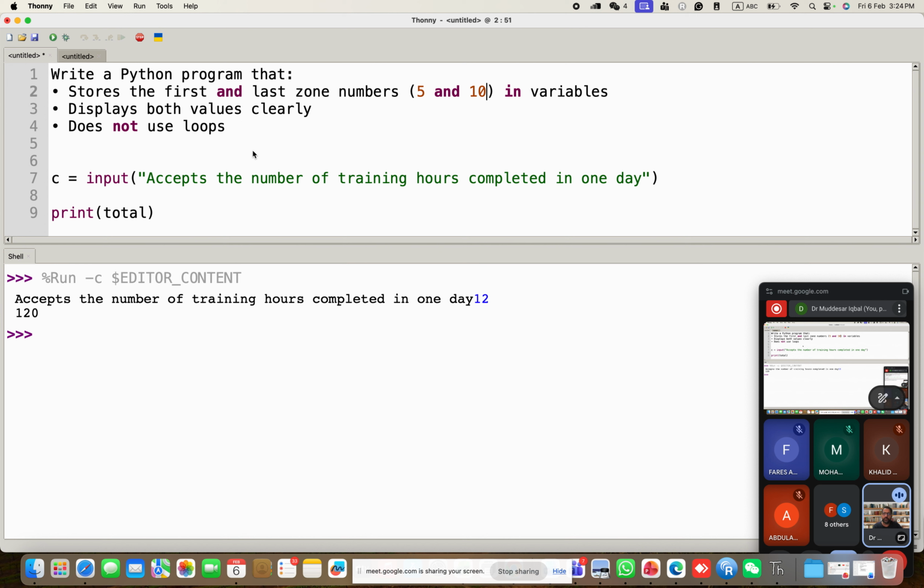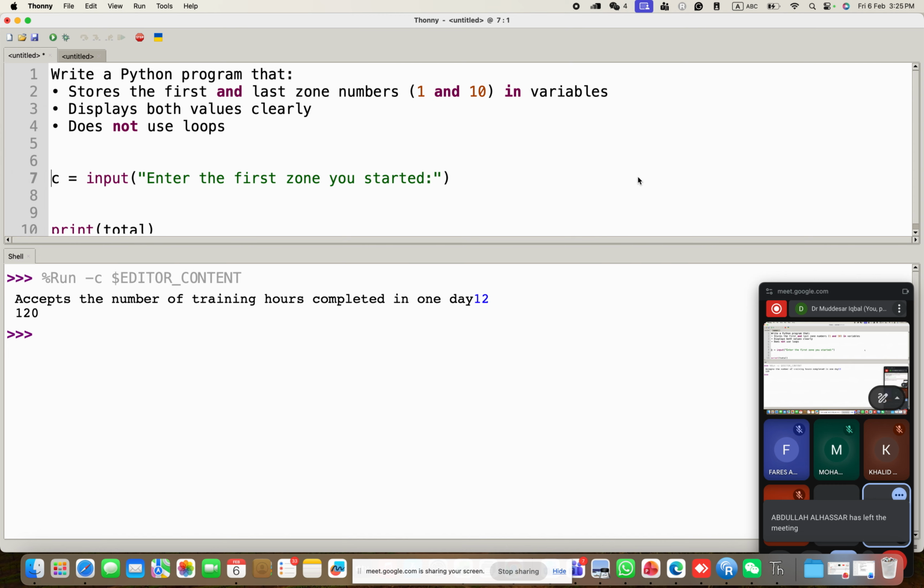So what you do is you don't worry about this 1 and 10 because you can just say enter the first zone. Okay, enter the first zone you started. Okay, that's it. And then you can call it A, then you call it B, the last zone, right? Input, enter the last zone. It's not a multiplication, it's just an input and display question. Enter the last zone